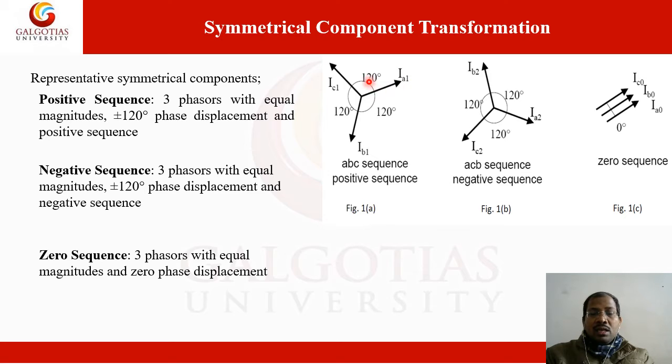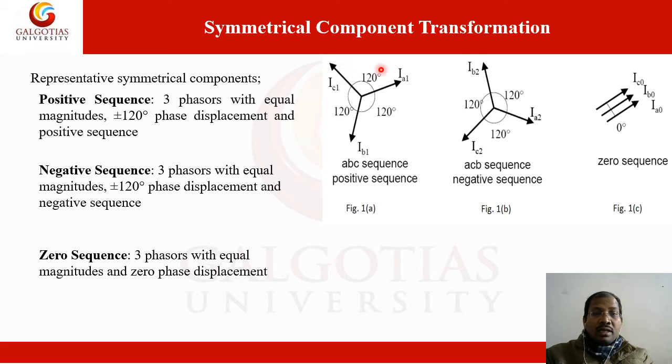So you can see that all three phases can be represented in the positive sequence. Here IA1, we are talking about currents, and in the same way we can apply it to voltages. There is no difference. IA1 is phase A positive sequence, IB1 is phase B positive sequence, and IC1 is phase C positive sequence.